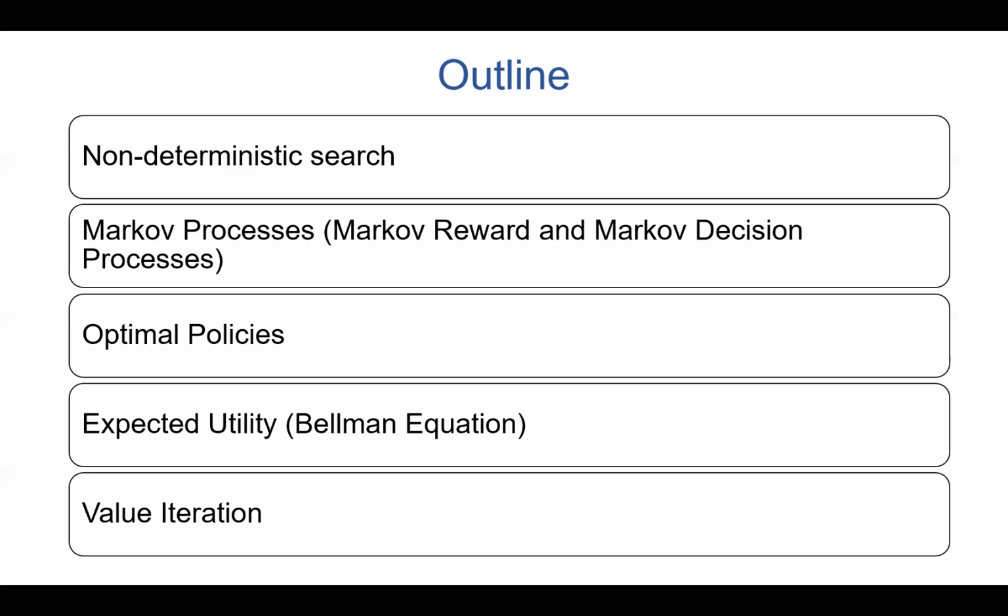As we said, the actual real world environment is quite complex. It may have some uncertainty, because we might not know what's going to happen, even if we are given a set of actions to choose. So today we're going to basically talk about Markov decision processes. In general form, we're going to talk about Markov processes, both Markov reward process and Markov decision processes.